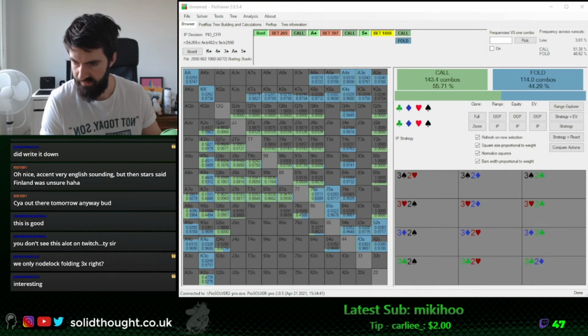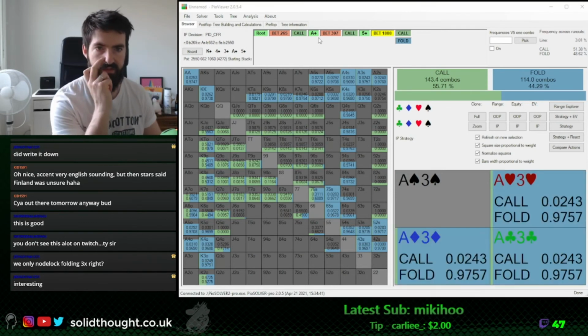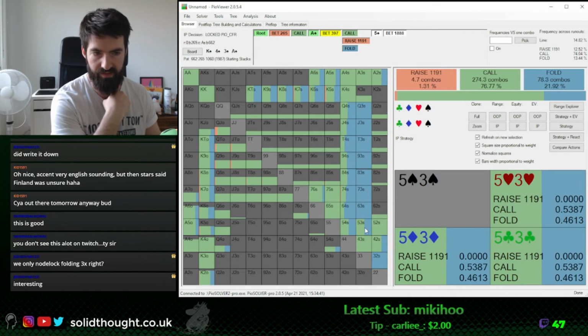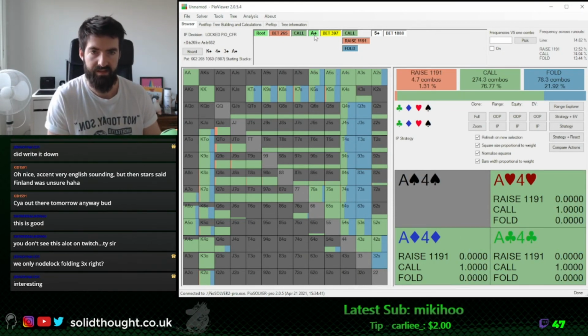So hold on. We only no-lock folding 3x, right? That's all that happened. Yeah, I just said he's going to fold 3x. You can see that here, that he's now purely folding the 3x. I left in the 5-3 to do what it wants, because that's kind of like a gut shot as well. And we already saw that